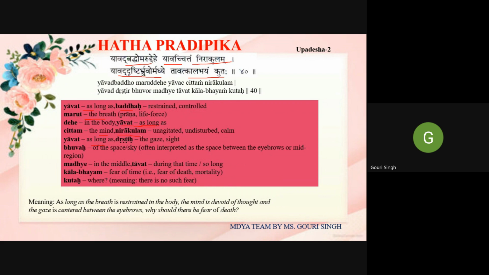That is the calmness, the very highest state you are able to get whenever you are able to hold your breath. And he is also telling that as long as the drishti is there, at Bhrumadhya. Here it is said Bhrumadhya. Bhrumadhya means the middle of your eyebrow center.